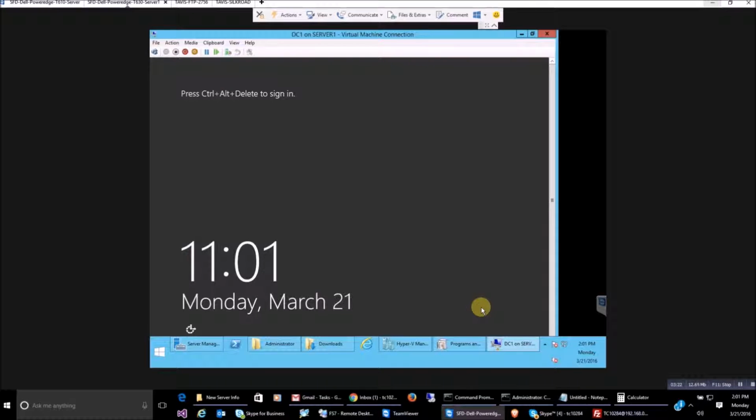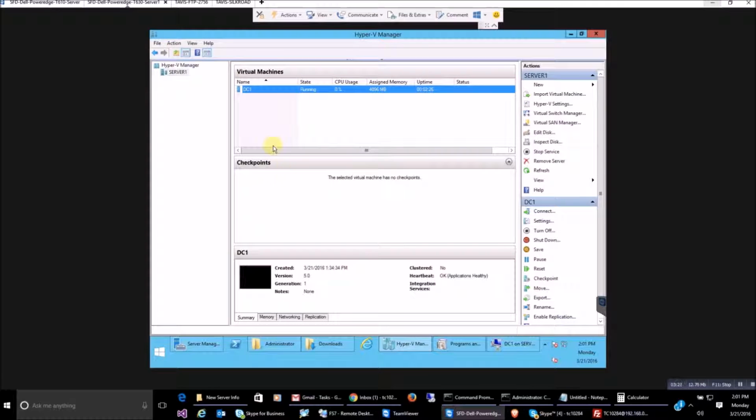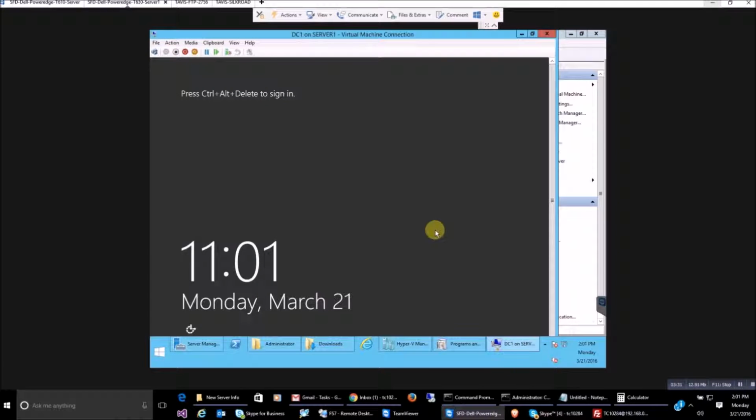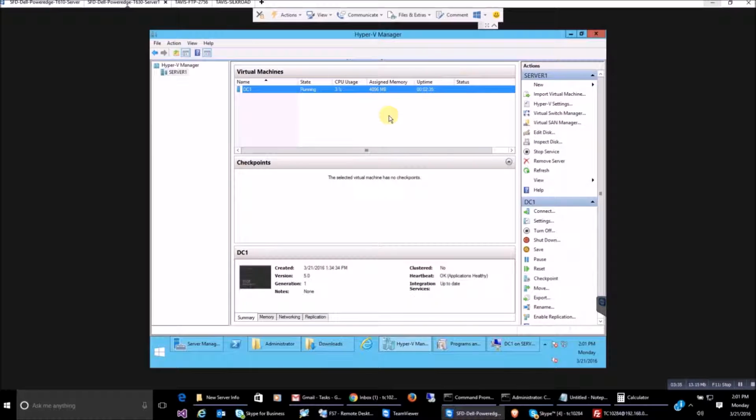So now at this point we have a Hyper-V image set up in Hyper-V Manager, and the actual image is Windows Server 2012 R2. Keep in mind it could be any OS. It can be Windows XP, Windows 7, Windows 10, Vista, whatever. It can even be Linux for all that matters. That's the great thing about Hyper-V, it allows you to run basically any OS